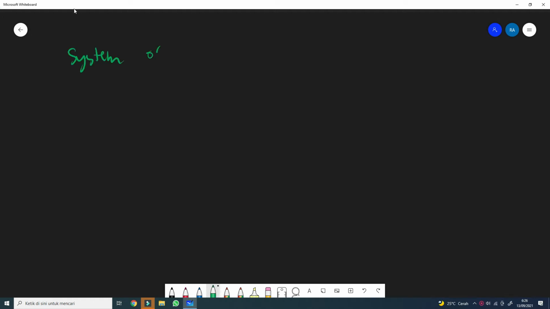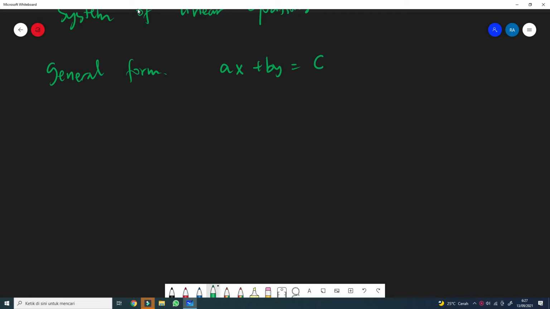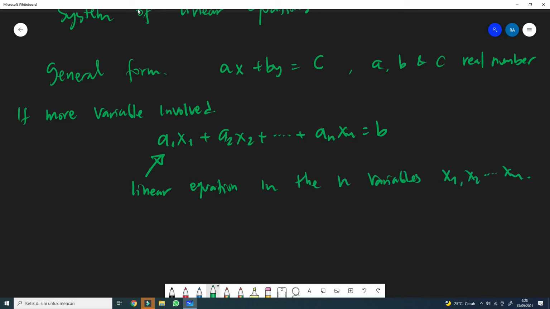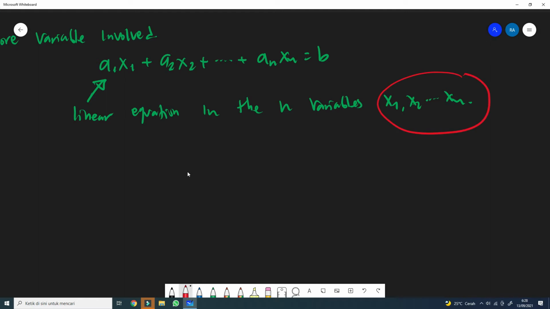Okay, hi. In this lesson, we will learn about the system of linear equations. We know that the general form is ax + by = c, where a, b, and c are real numbers. If it has more variables involved, then the equation will become like this, where this is the linear equation in the end, with variables x1, x2 until xn, or the coefficients, and the b here is the constant